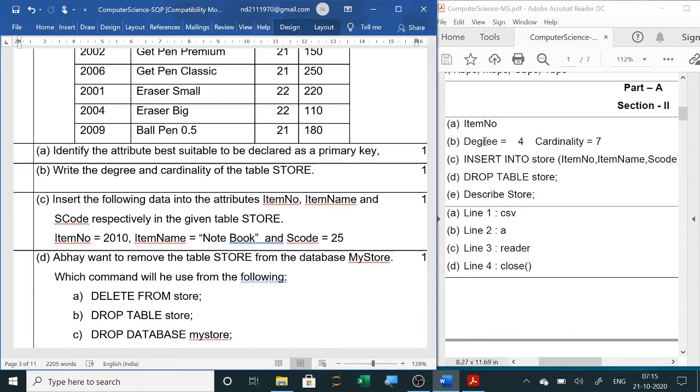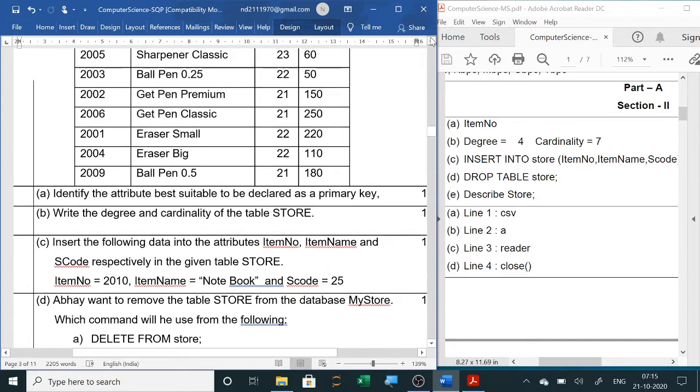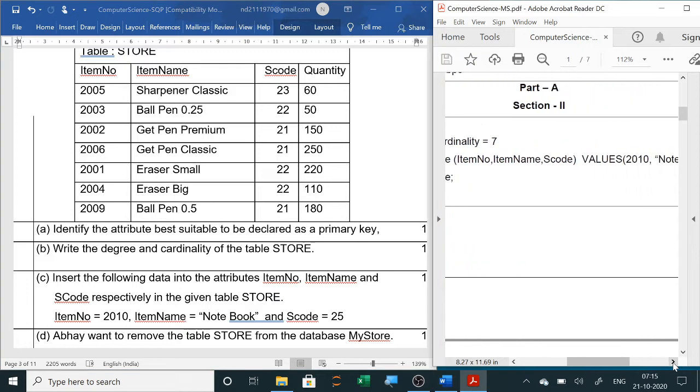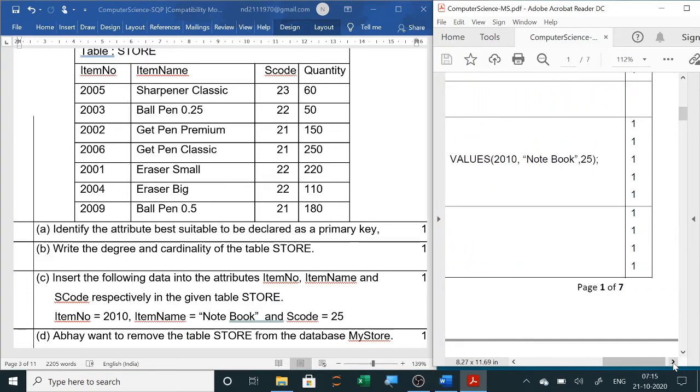Here you can see the answer: INSERT INTO, the table name is Store, in brackets all the column names. At the top you can see all 4 columns: item number, comma, item name, comma, S code, comma, quantity. Then we will write the values which are given in the question paper.